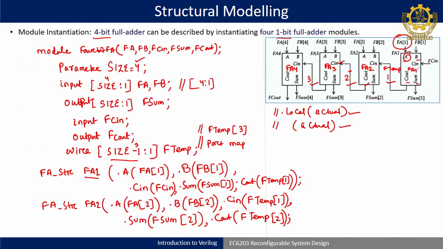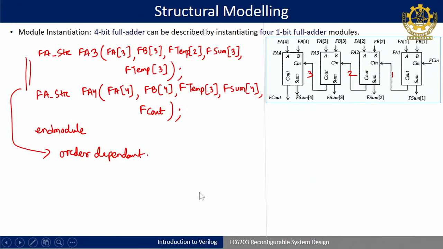But when you are writing in this style, you are mapping the name of one input or output to another name. So this is actually called named association. You are associating a name with another name, so you are not bothering about order; it is actually order independent. You are not bothering which one comes first and which one last. That botheration is not there in these first two styles of coding. But here order dependency has to be maintained.